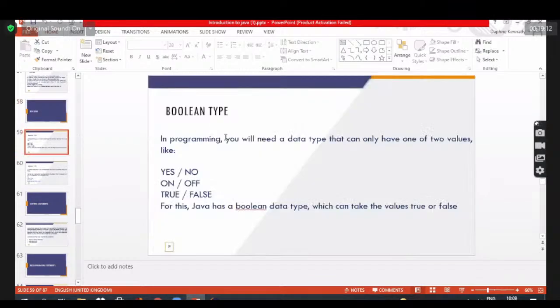Okay, booleans are what we know as a true or false data type, right? Your yes or no. Either it is true or false, either it's on or off. Now, Boolean type is how we are going to control statements. A Boolean is a primitive data type. Now, the next one,